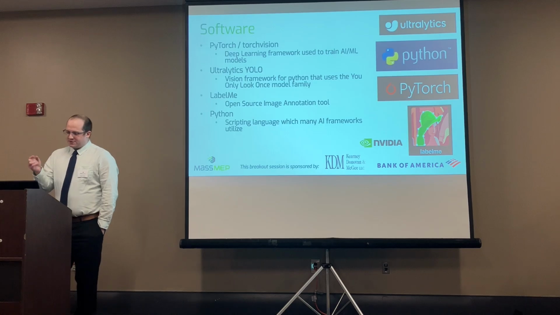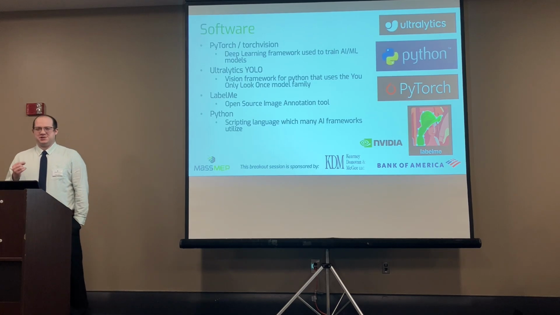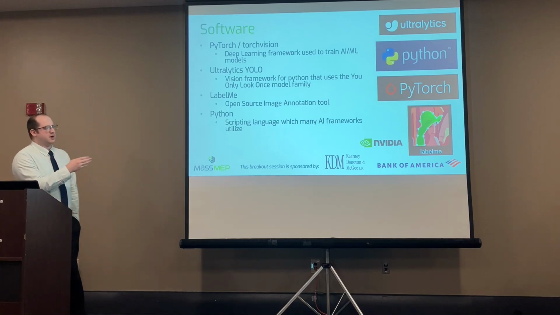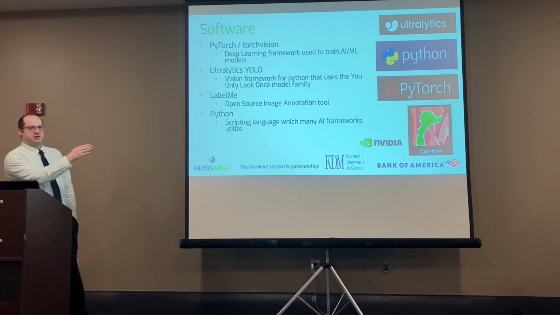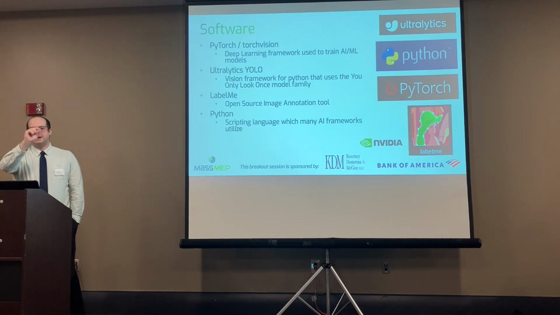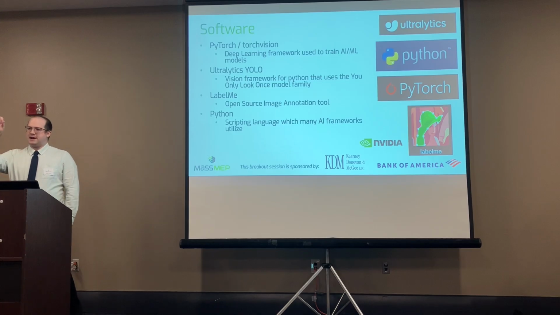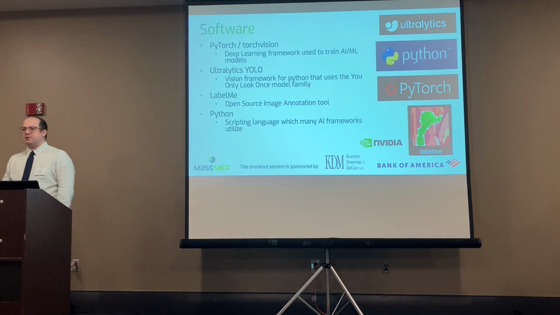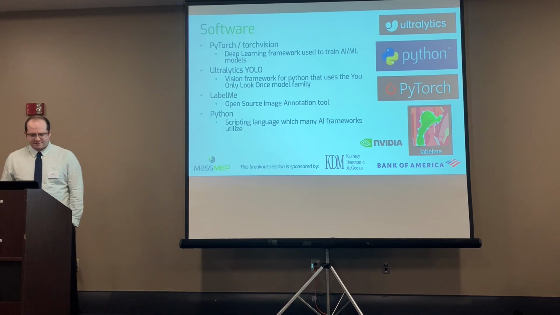We used LabelMe, which is an open source image annotation tool. Really rolls off the tongue. I love their logo because it very accurately describes what the software is. You have an image, and you're going to go in and set a line of points to outline a shape, and you're going to say what that shape is. So in their example here, this is someone's hat. For our example, we were highlighting defects.